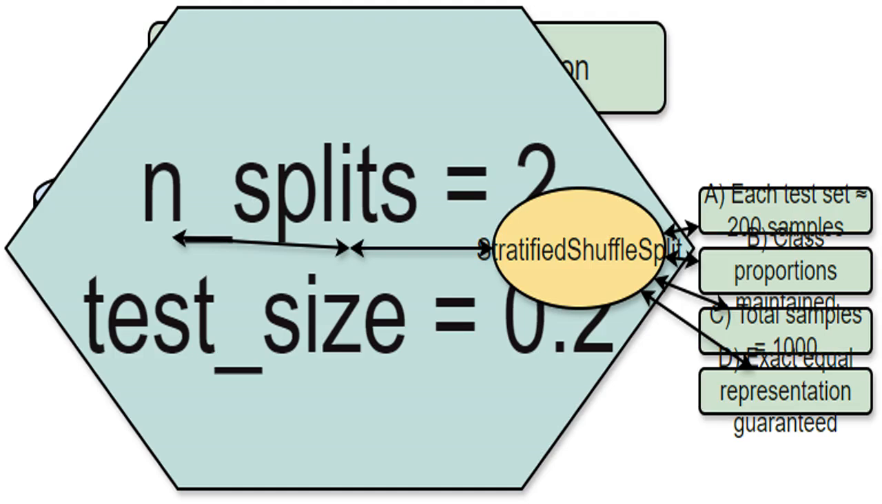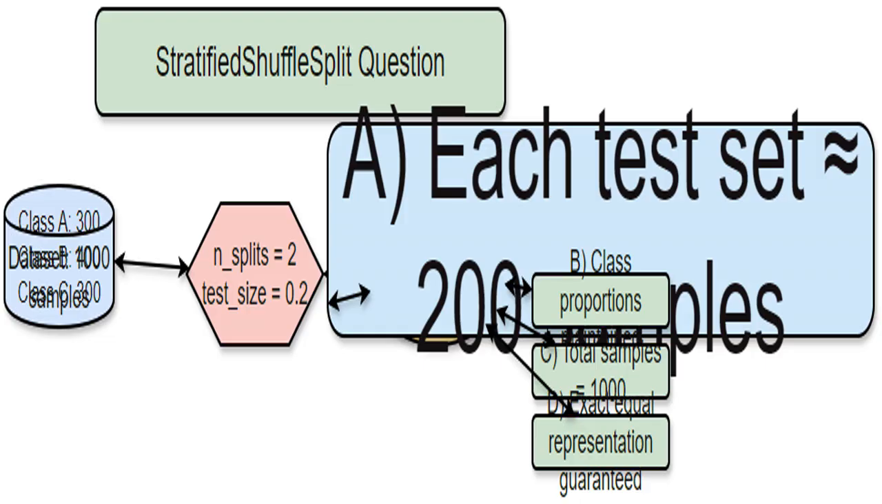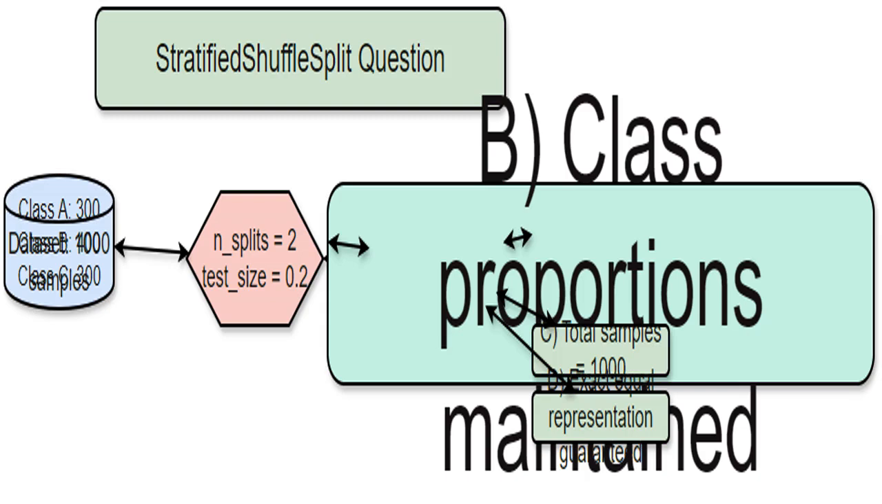I set the number of splits to 2 using the n_splits parameter. This means I want 2 separate train test splits of my data. I also set the test set size to 20% of the total data using the test_size parameter. That's 20% of 1,000, which gives me 200 samples in each test set. This statement checks if you understand that my test size parameter, 0.2, will give approximately 200 samples in each test set. This statement asks if you know that